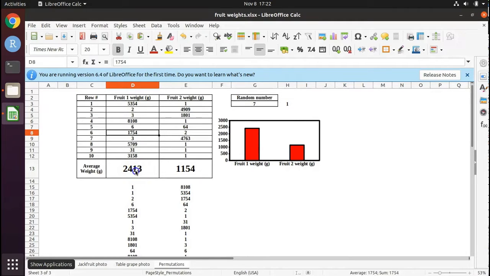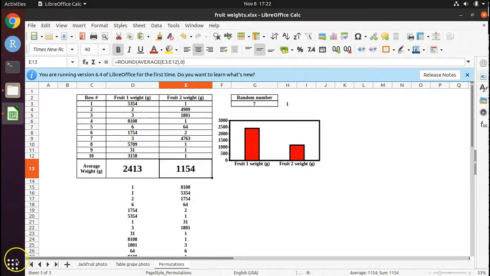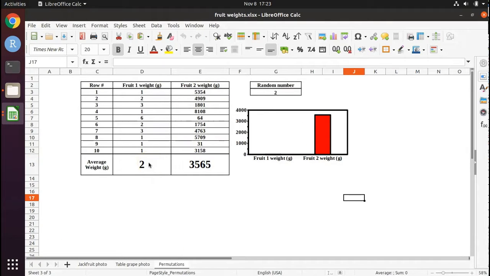And we have here 2,413 for the table grapes and 1,154 for the jackfruits. And that was for the permuted results, compared to our actual results, where it was 2 grams for the table grapes and 3,565 grams on average for the jackfruits. So compare the actual results and look at how extreme the difference is in the weights between the jackfruit and the table grapes on average for the real results